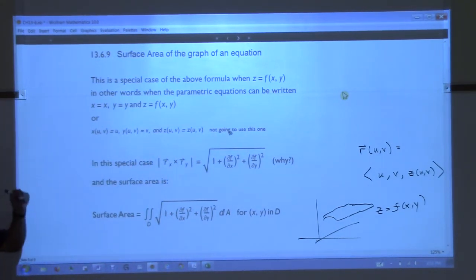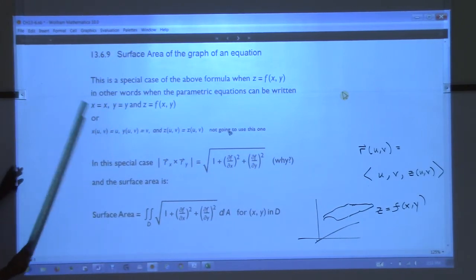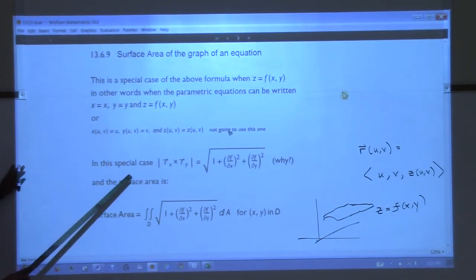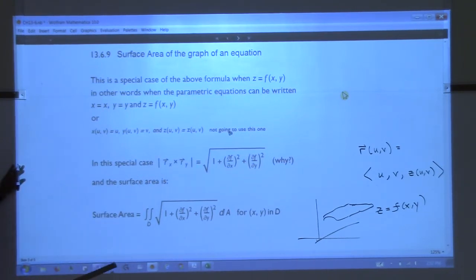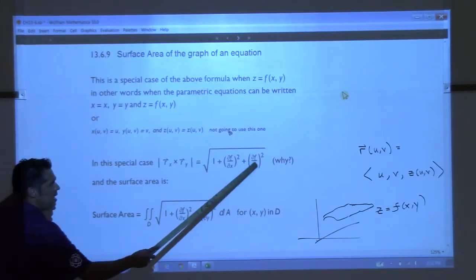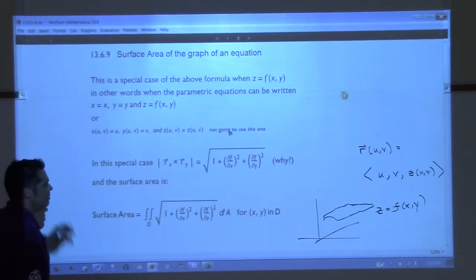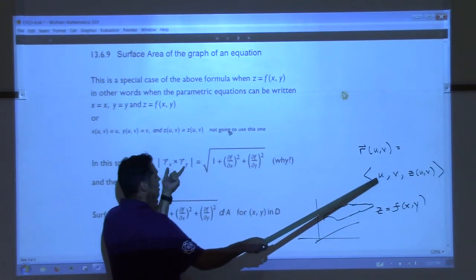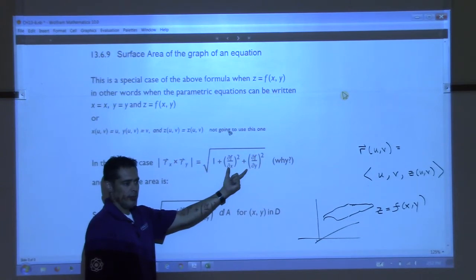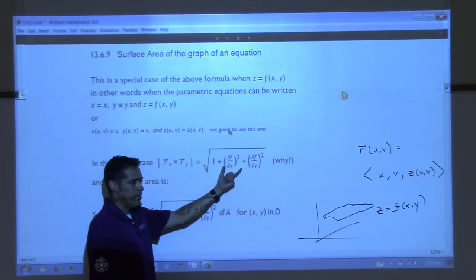If we can solve for z and get z to be a function of x and y, we can use this formula. What's great about this formula is that the magnitude of the cross product, you don't have to calculate it. All you have to do is this. And I put here y, and the way you could prove it is just go calculate this. And if you go calculate this with arbitrary values over here, you will always get this. Okay? Always. It'll look like this. So